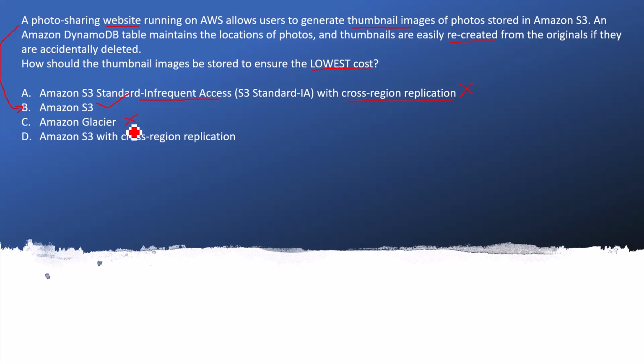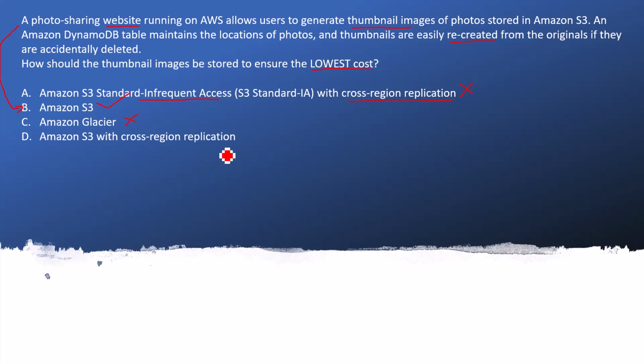Amazon Glacier is the wrong answer. The retrieval time itself will take 2 to 3 minutes or 5 minutes, and suppose the application is showing a forum with multiple posts along with the user thumbnail icon. Amazon Glacier will not be good there, because the retrieval takes time, and Glacier also charges every time you retrieve the data. It will become expensive if the thumbnail is used again and again, because each time you need to do the retrieval process.